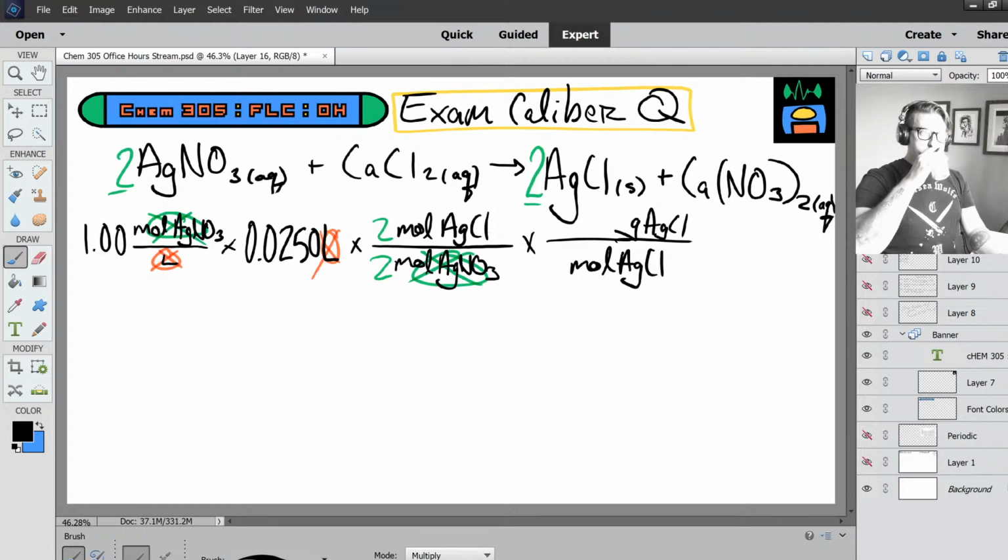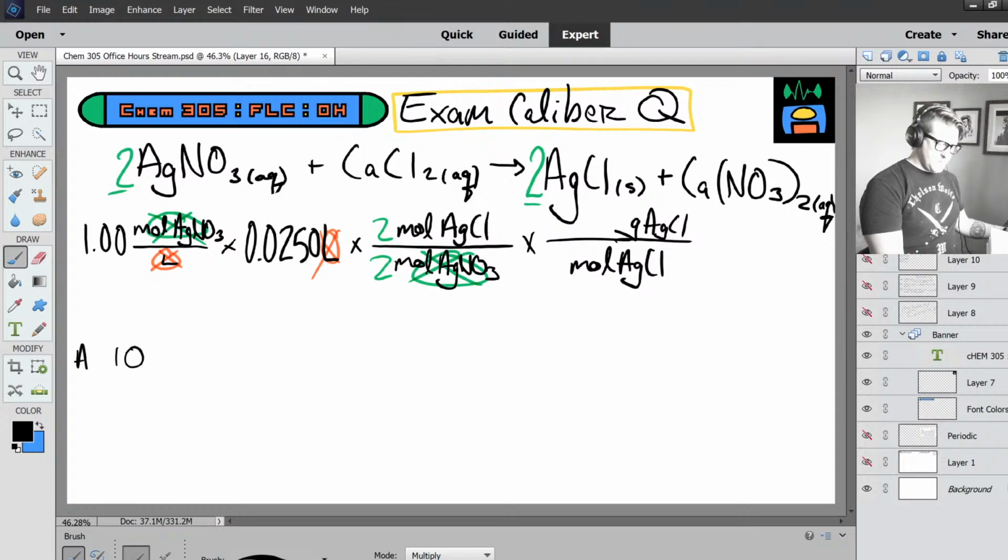So now we've got to look up some masses on the periodic table. Silver has an atomic mass of 107.87, and chlorine 35.45. Adding these together,